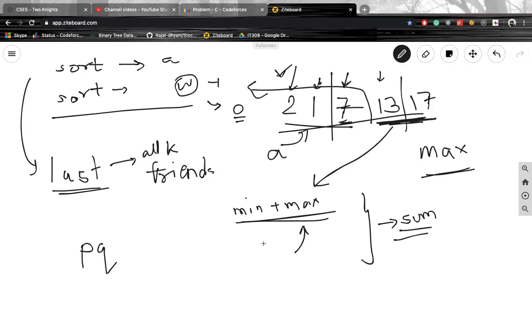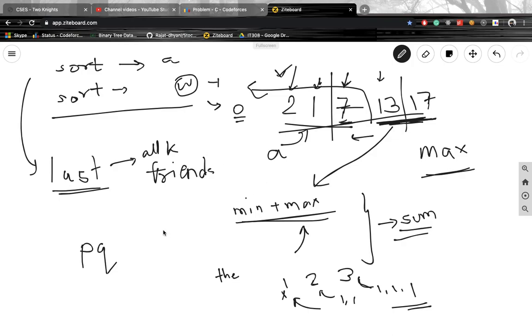This will happen when there are different lengths of groups, say 1, 2 and 3. So it will be beneficial to give to the friend who requires one chocolate and then eliminate him, and then give the chocolates to this one starting from here. And then again one here, and then one to him, one and one, right? Okay, so this is it.